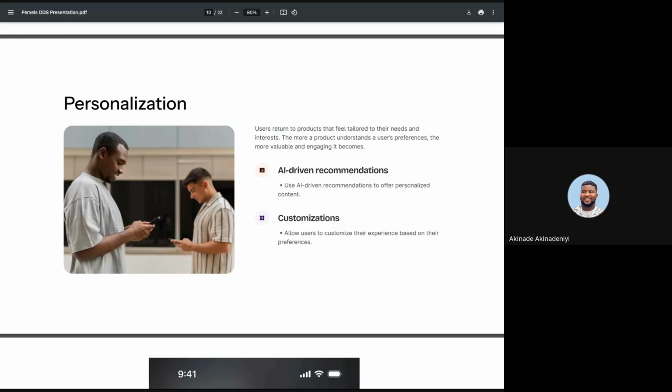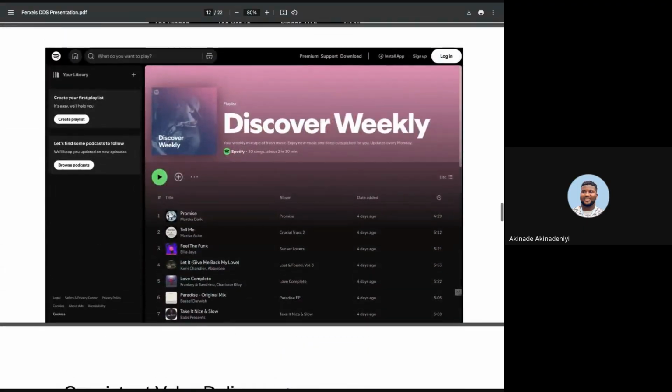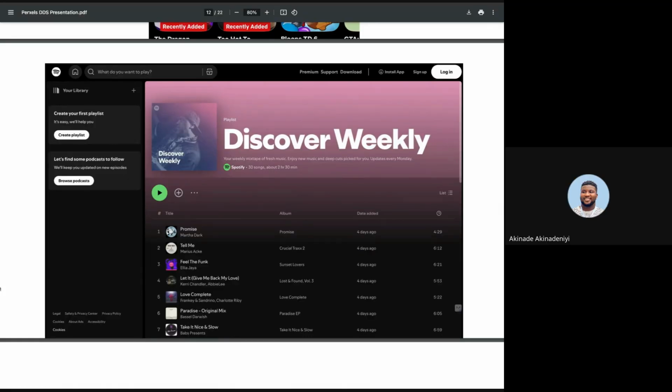Another good example is Spotify. Every Monday, Spotify has this thing called Discover Weekly. This is what it looks like. Spotify creates a custom Discover Weekly playlist based on your listening habits.